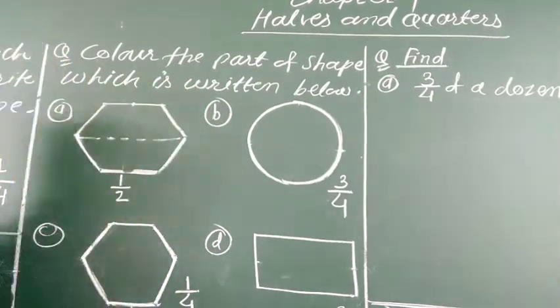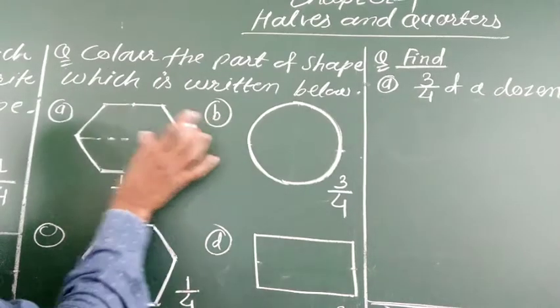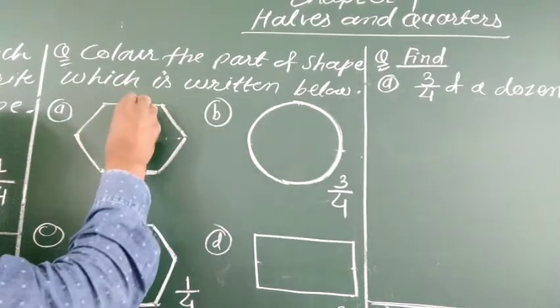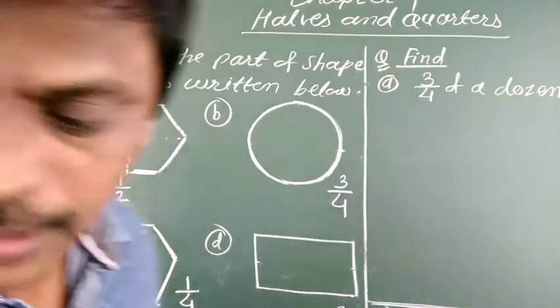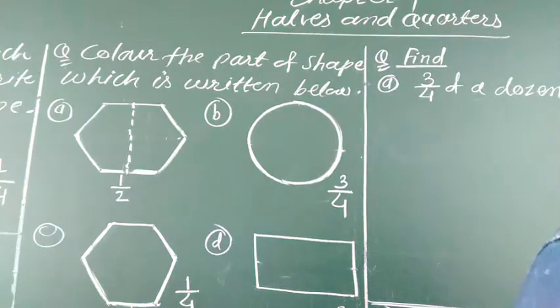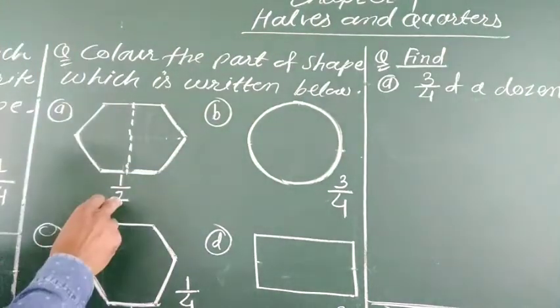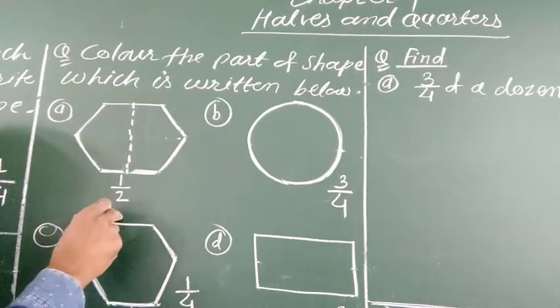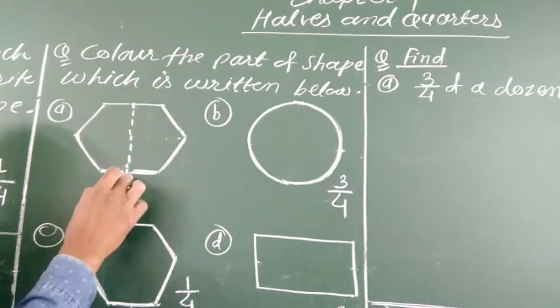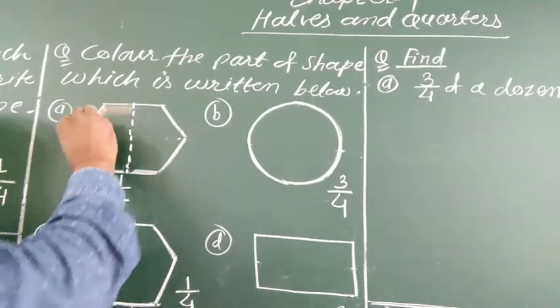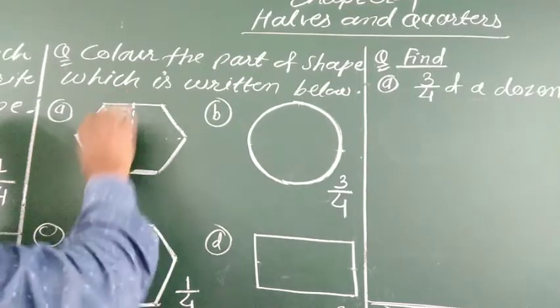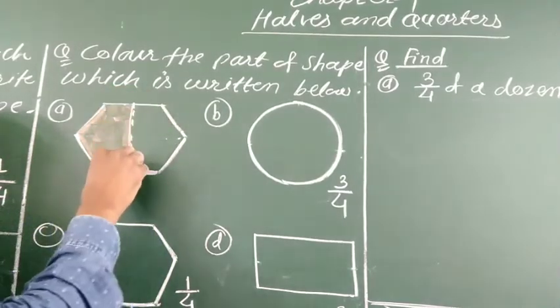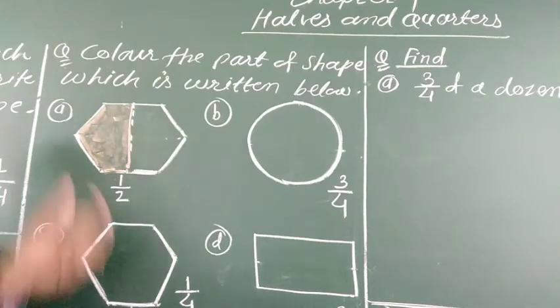किसी एक तरीके से आप बेटा यहाँ पर 2 equal part बना सकते हैं. So see, we will make the 2 equal parts like this only. अभी हम इसे 2 equal part इस तरह कर लेते हैं. चलिए, इस तरह हमने यहाँ पर 2 equal part कर दिए बेटा. Now see, the denominator is 2, so we make 2 equal parts, and out of these 2 equal parts, how many parts do we have to color here? Only 1 part we have to color here. We have to color this 1 part. Okay, this 1 part we have to color, so it is 1 by 2.